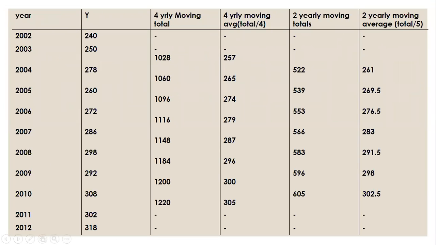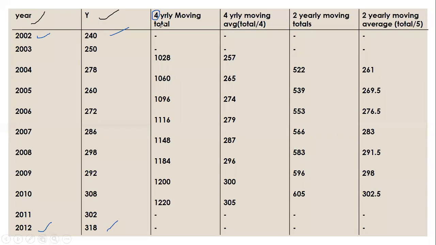Now in the solution, we have just copied down the year and the value of y from the question. So from 2002 till 2012 and the dependent variable. Now, since they have asked us to find the 4 yearly moving average, and 4 is an even number,